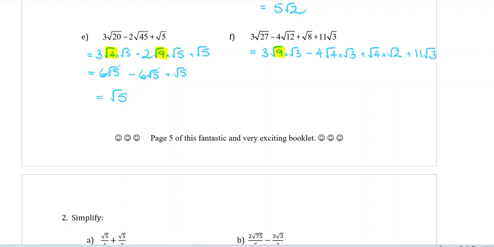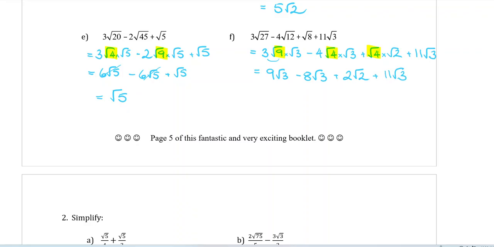Now let's go through and deal with the perfect squares. So the square root of 9 is 3. Multiply the 3 with the 3 out the front. 3 times 3 makes 9 root 3. On to the next term. The square root of 4 is 2. 2 times the 4 makes negative 8 root 3. Then plus square root of 4 is 2, so it's 2 root 2, and then plus 11 root 3 sitting